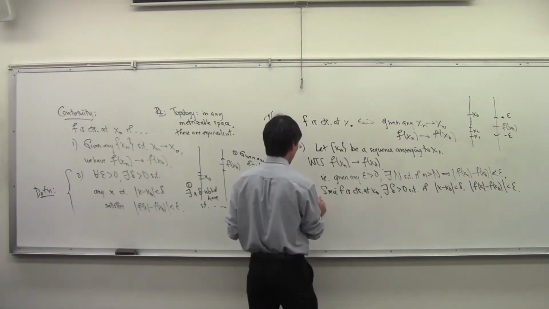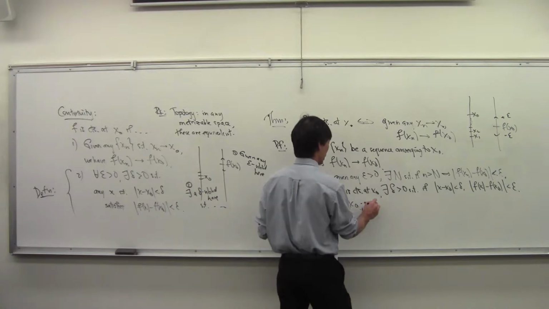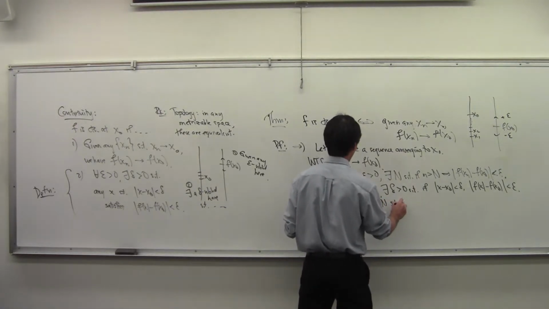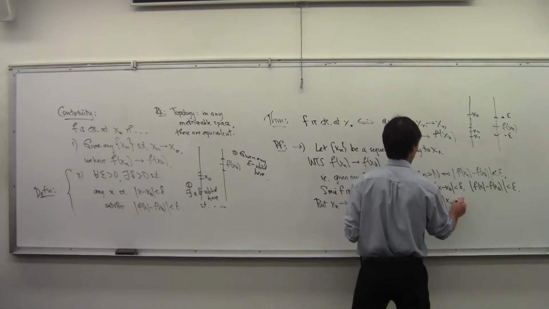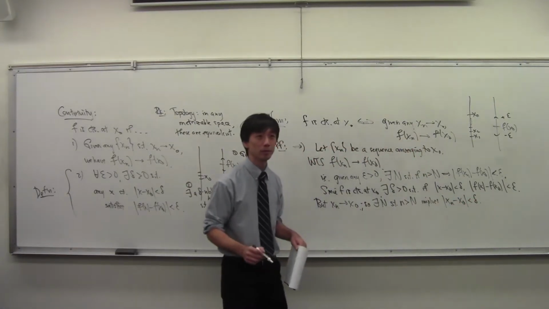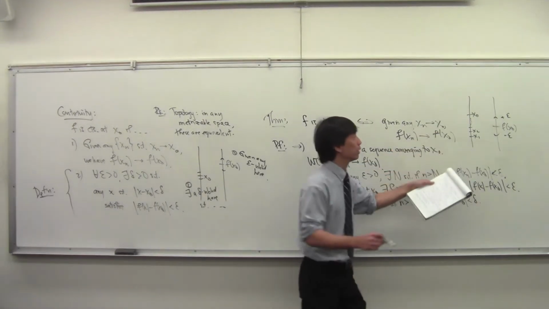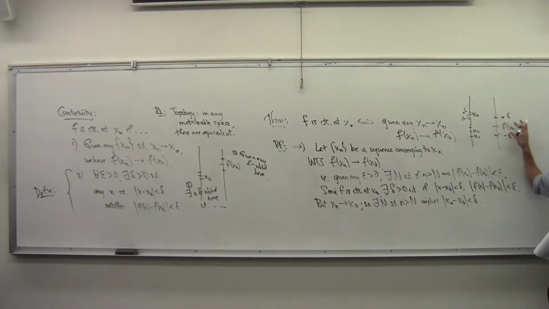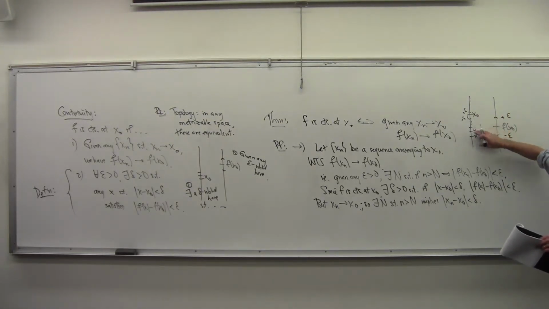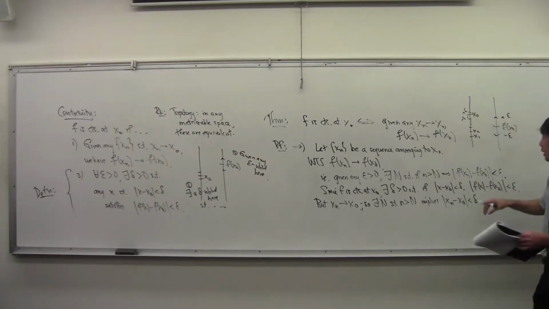But you also know that the xn converge to x naught. So there exists a time past which all the xn's are in that delta neighborhood. We have a magic delta neighborhood in which everybody satisfies the condition. And we know that these guys converge to x naught, so there's some time past which everybody's in the delta neighborhood. So there's a time past which all the outputs are here,